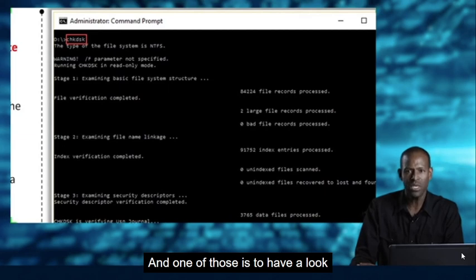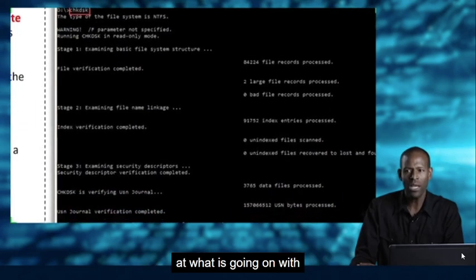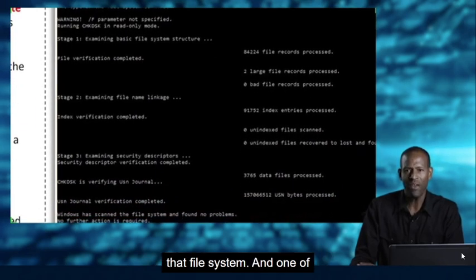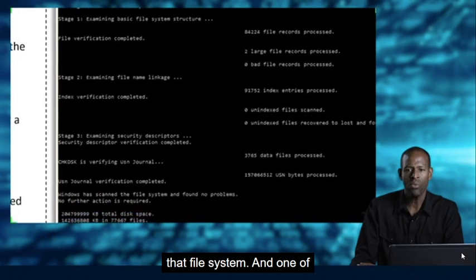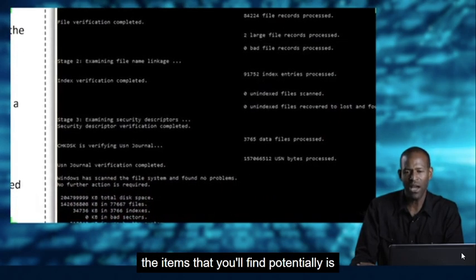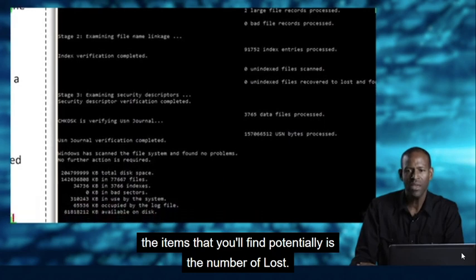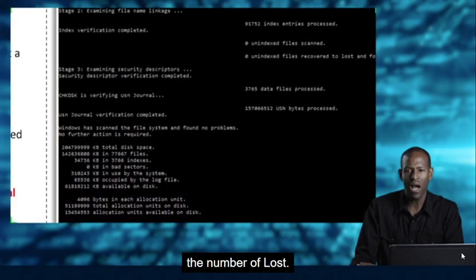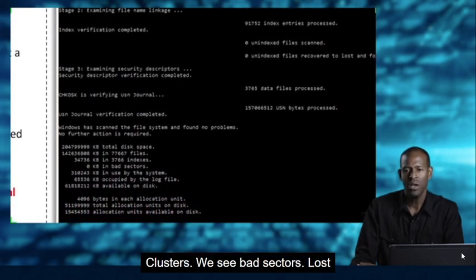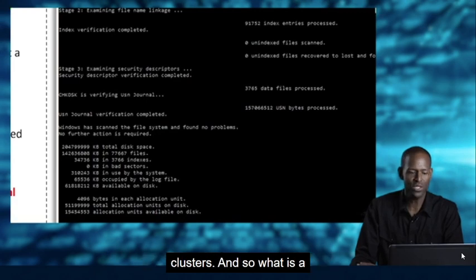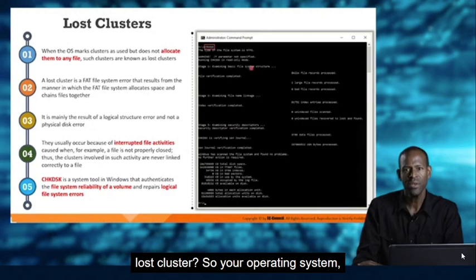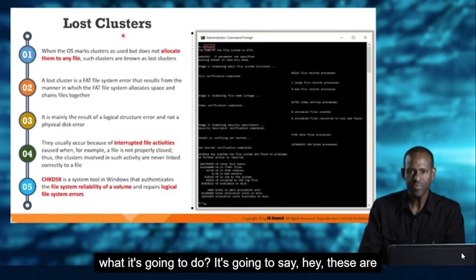And one of those is to have a look at what is going on with that file system. And one of the items that you'll find potentially is the number of lost clusters. We see bad sectors, lost clusters. And so what is a lost cluster? So your operating system is going to say, hey, these are all the clusters